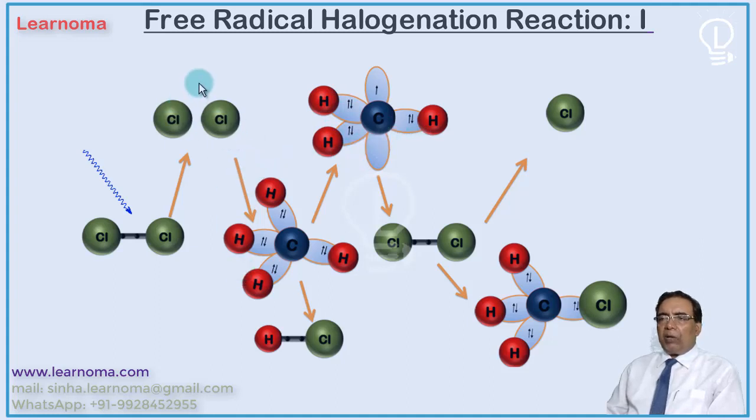See this. Now this is step number 1, the formation of chlorine radical from Cl2. The formation of chlorine radical from Cl2 is called the chain initiation reaction. Such a reaction in which radicals are produced from a neutral molecule is called an initiation reaction. And now, when a radical reacts with a normal neutral molecule, it produces another radical as well as a stable molecule.